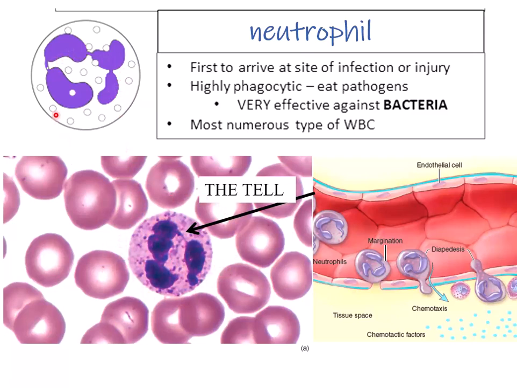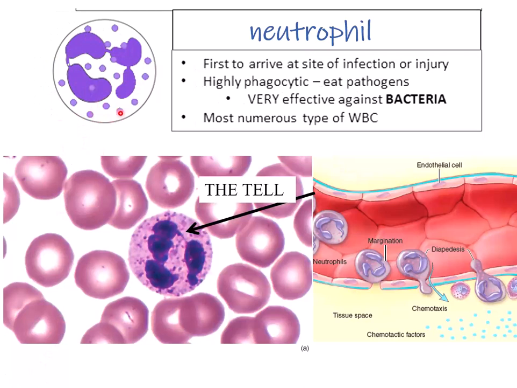And the job of the neutrophil, so they have these dark multi-lobed nuclei, and then they have these granules which stained purple as well. These granules are going to be used when these white blood cells defend our body against infection. So it's part of our immune system. That is the job of the white blood cells. They are the most numerous of all the white blood cells, and when there is an area of infection or